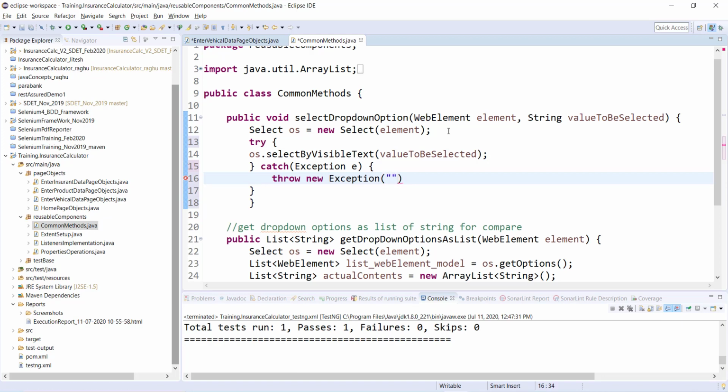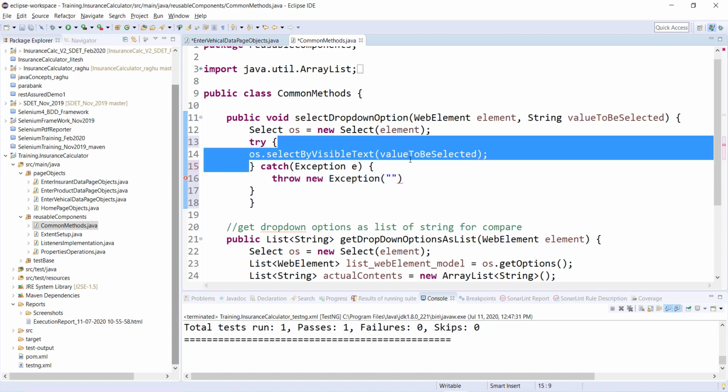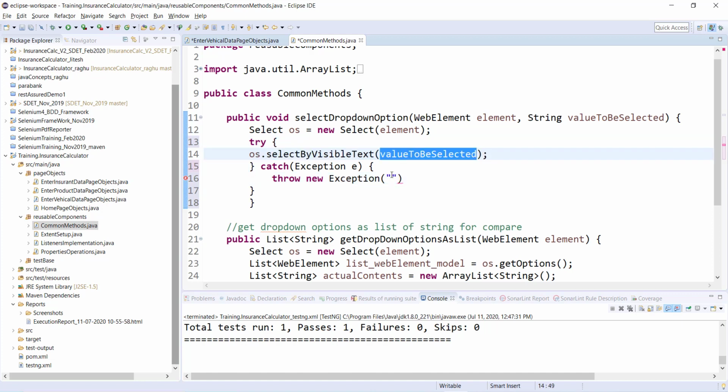For example, what meaningful message I want to pass is, let's say I'll say value is not present in dropdown.